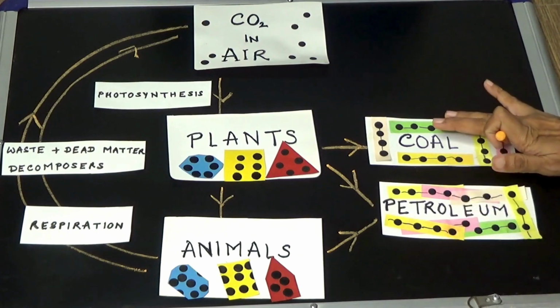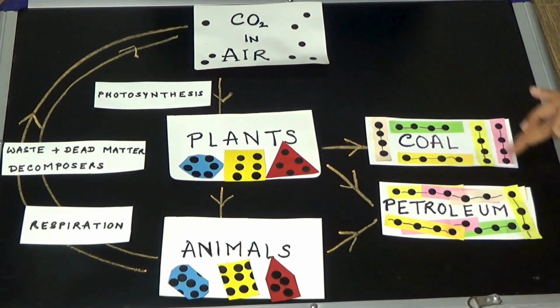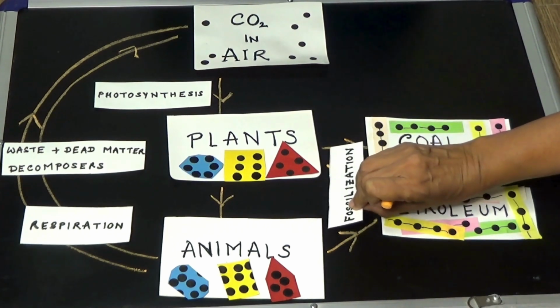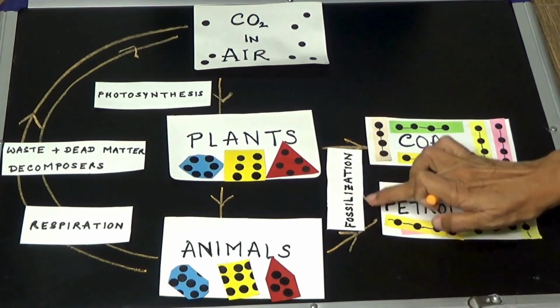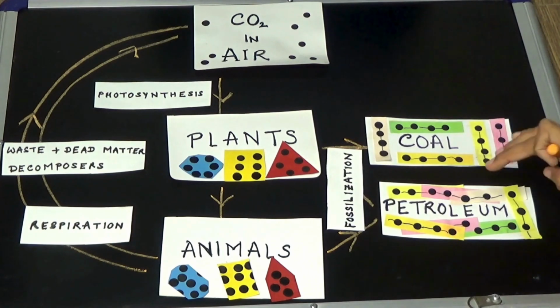So both of these, coal and petroleum, are mixtures of carbon chains, and the process of their generation is called fossilization. Petroleum looks like a thick liquid, but some of it is gas or